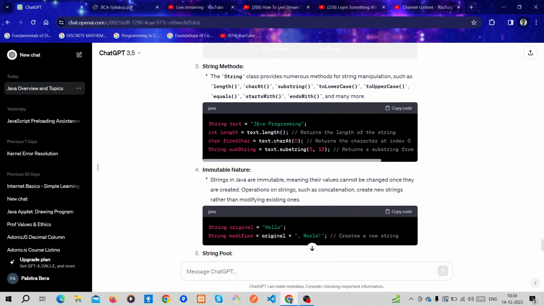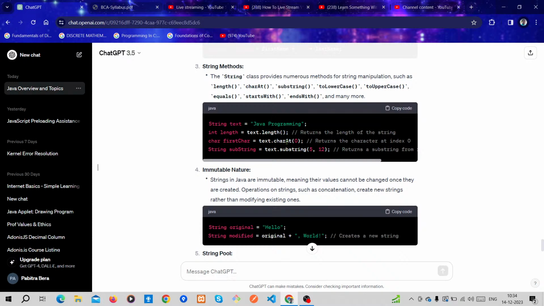For example, String text = "Java programming"; int length = text.length(). What you can perform on a string variable is called a string method. You can find out the length of the value in this text variable using the dot operator.